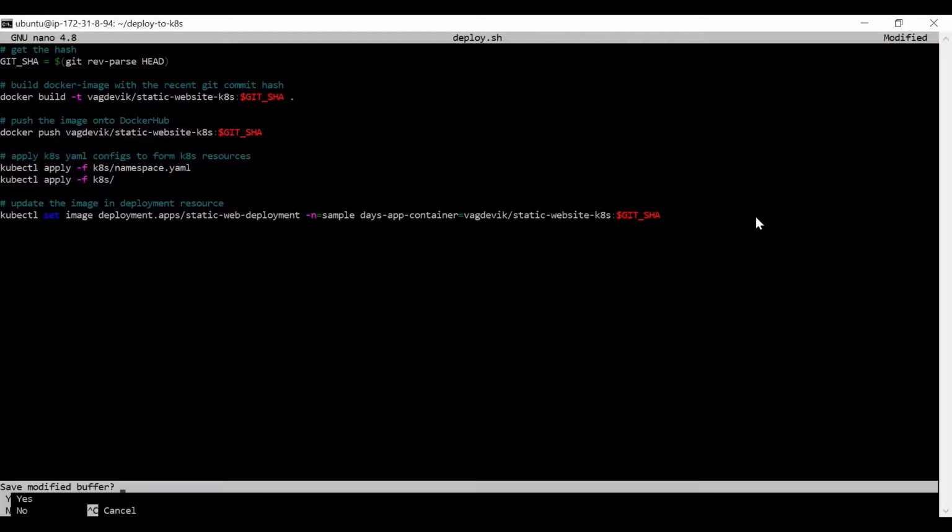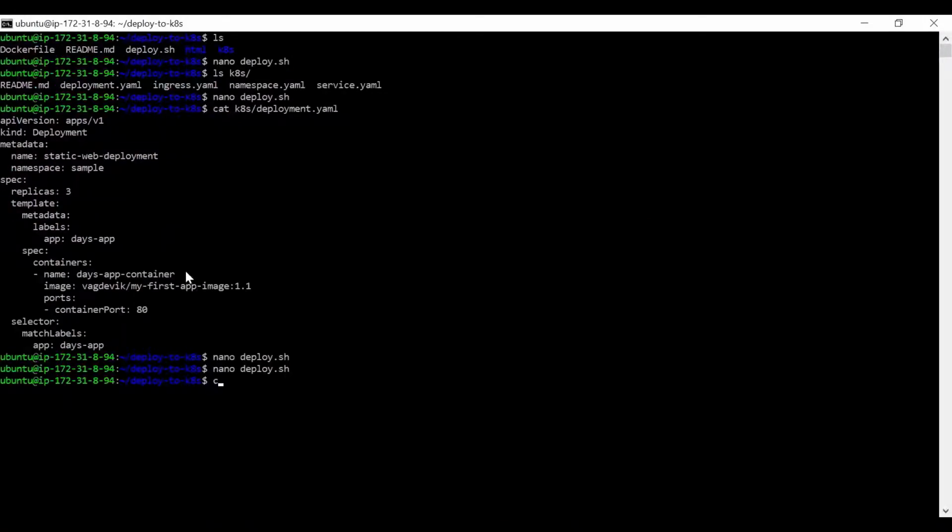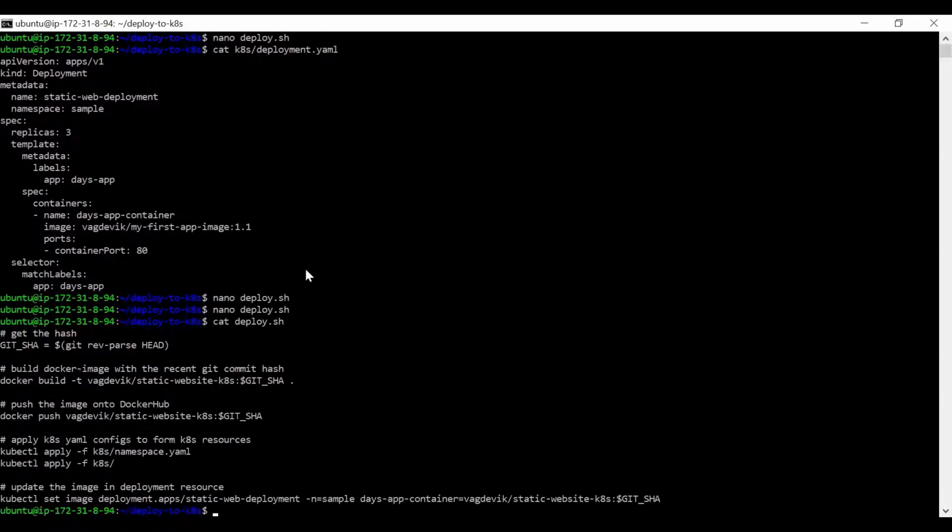Okay, so I will cat this deployment also. So now it will be easier for you to understand. So the deployment name is static web deployment, which is nothing but this. Okay, and the namespace of this deployment is sample. Okay, and the container is this days app container.